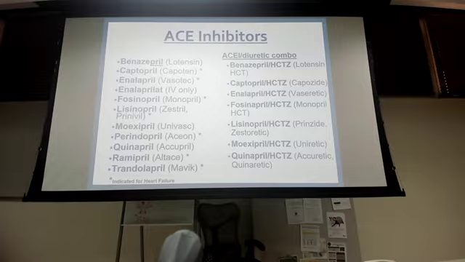And we know what ACEs do, and we know why they're beneficial. The whole A bucket is beneficial because of decreased RAS system effects, right? Aldosterone effects: you're taking away the aldosterone effects on the remodeling and the fibrosis, and then you're also taking away the vasoconstriction effects. But you do get increased potassium, right? That's why we talk about the ACEs being combined with the potassium sparing MRAs being brought on board will increase your risk for hyperkalemia,